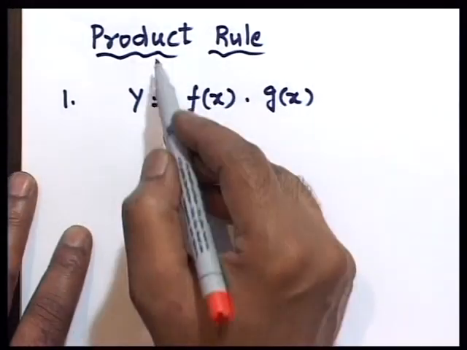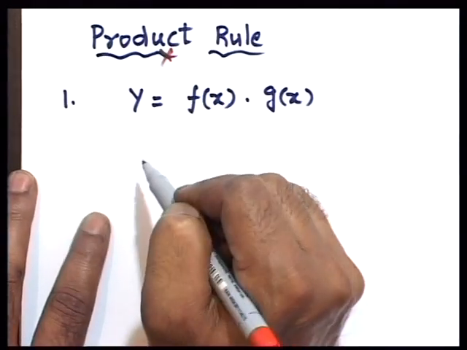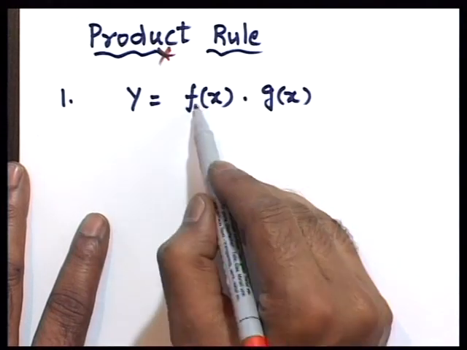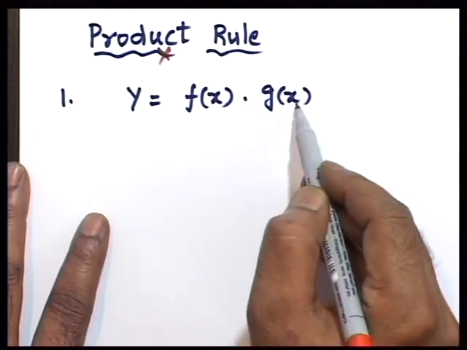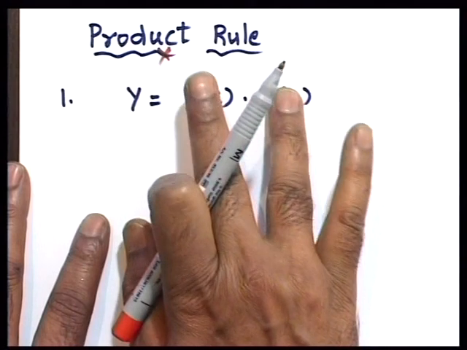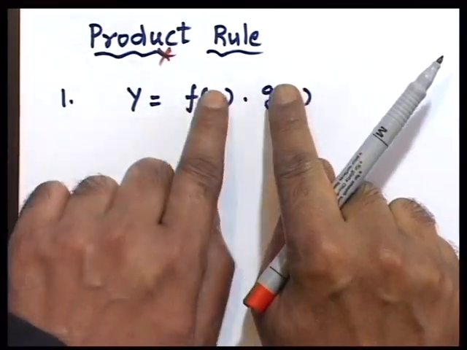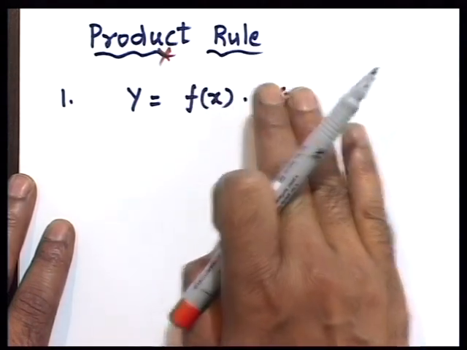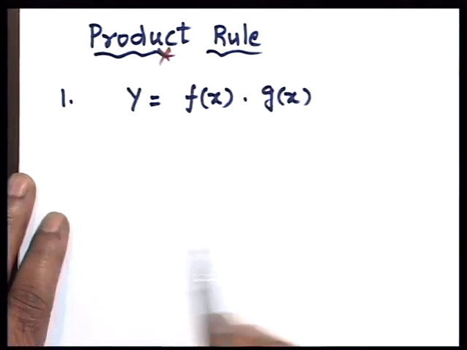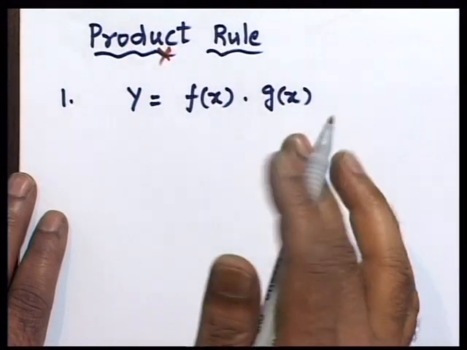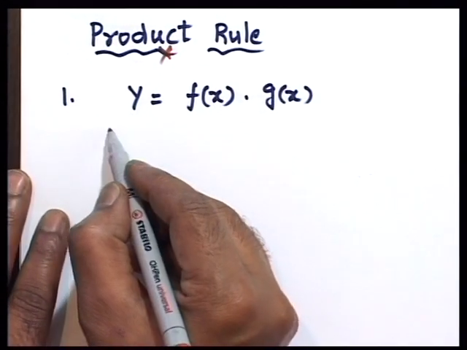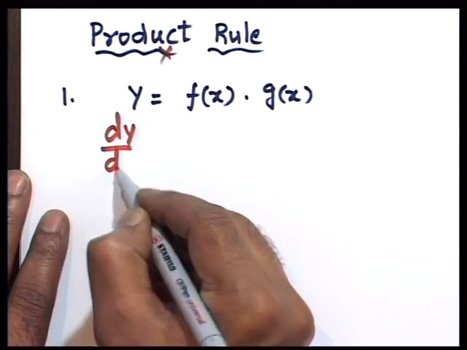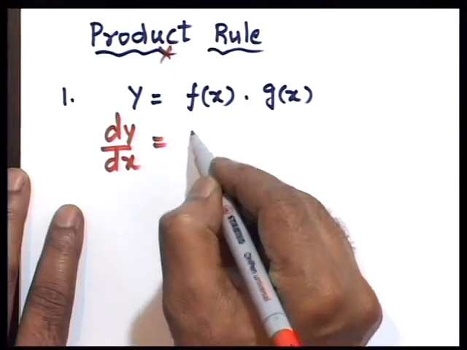Product rule, product says multiply, right? The question looks like y equals f(x) multiplied by g(x). So there are two functions with a multiplication sign between them. That's when you say, okay, I can use the product rule. The formula is this. The textbooks say dy over dx is equal to differentiate the first one,